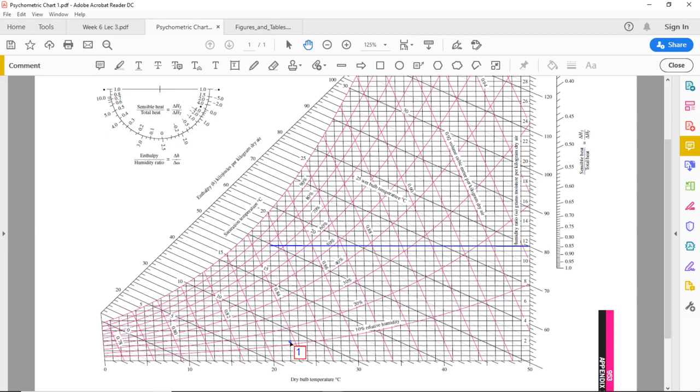We know that we have to start from 1 and we have to end up at W2, and the slope of the process line can also be obtained by using the value hw, which is equal to hg at 110 degrees C, which was 2.69. So if I go to the protractor and draw a process line with a slope of 2.69 kilojoules per gram,